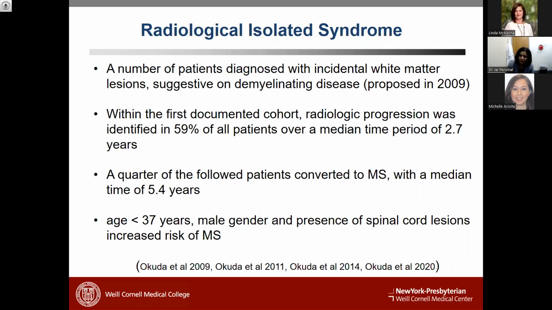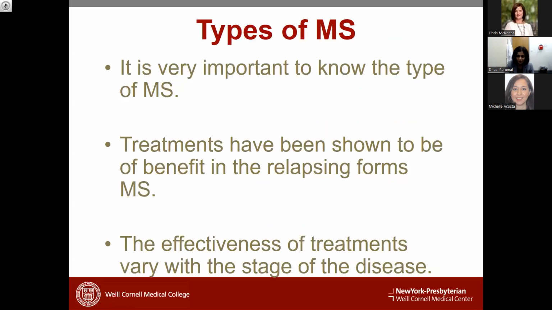But most people will agree that if you get an MRI that looks like this and you repeat it in 6 months or a year, and they developed a new lesion, even if clinically they haven't changed, then you would treat. Or maybe if they have a lot of GAD enhancing lesions and you've ruled out other things. So there is no 100% guideline as to what to do. But if there is radiological progression, you would definitely treat. If there were GAD enhancing lesions, then you might monitor them a little more closely. But the bottom line is you don't leave these patients alone. You repeat the MRI at a bare minimum. Even if they don't have clinical symptoms, you would treat at some point.